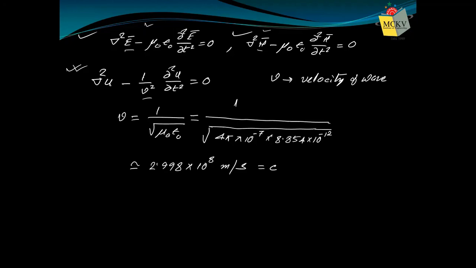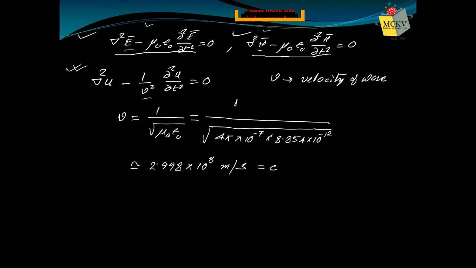Because you observe how we have obtained this value. We have obtained this from Maxwell's equations. And what are Maxwell's equations? They are merely 4 equations taken from different fields of electrodynamics. Basically, what have we used? Gauss law. We have used divergence B equals 0. We have used Faraday's law of electromagnetic induction and modified Ampere's law.